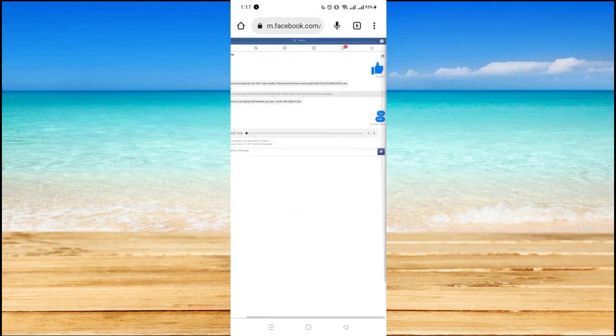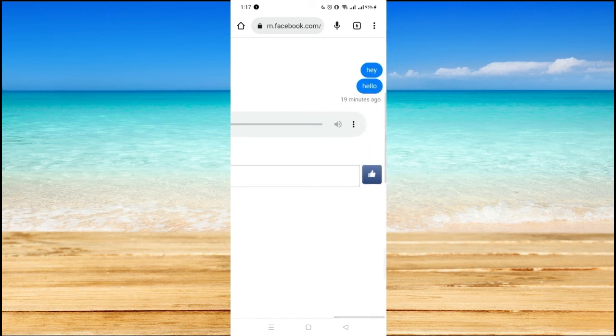within that voice message you could see three dots on the right, or after that voice message you will see three dots on that. Now if you click on that, you will see download. Now if you click on download,